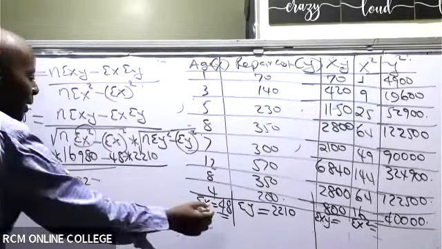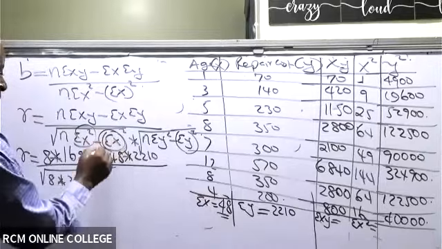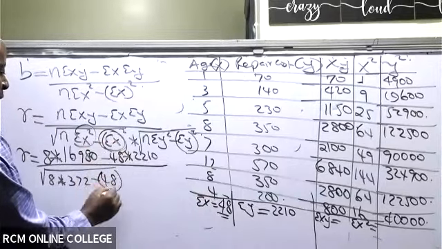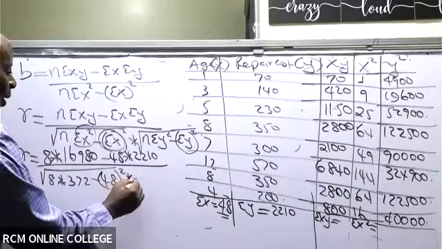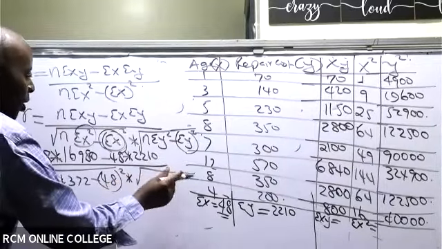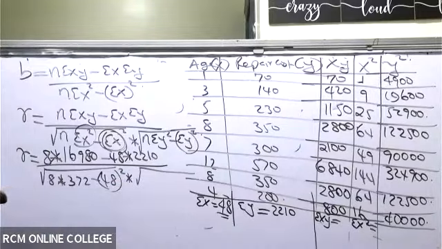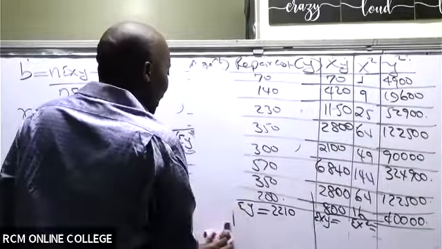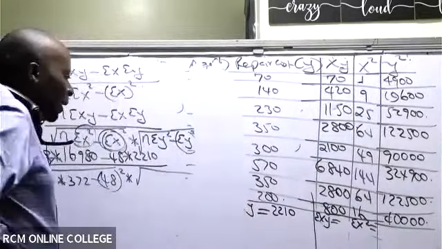Minus summation of x, which is 48, but now this has to be squared. Times, take another square root there. So this other square root,